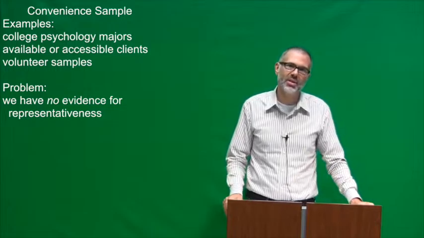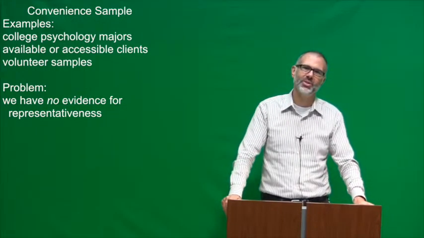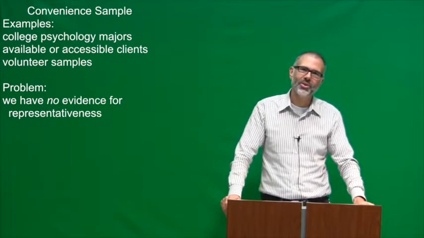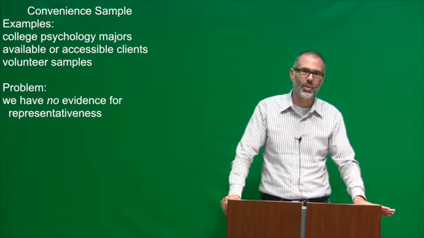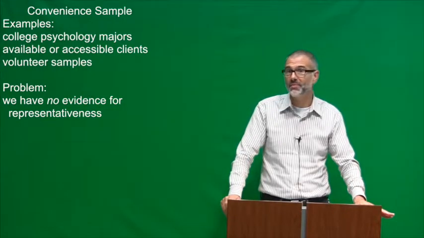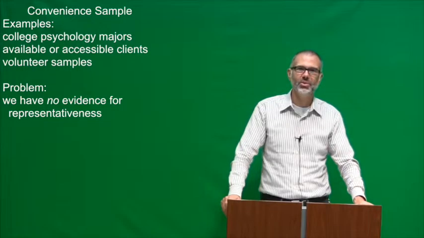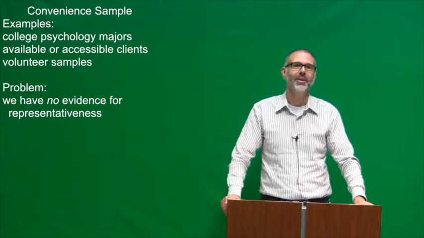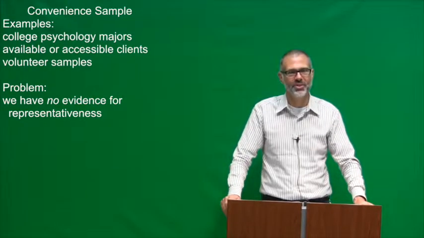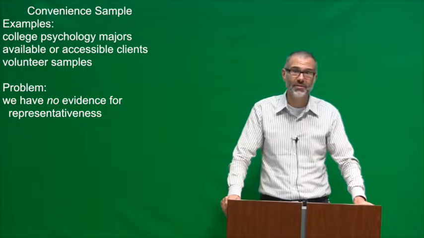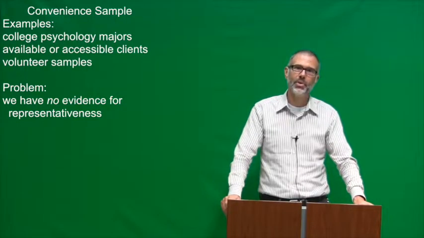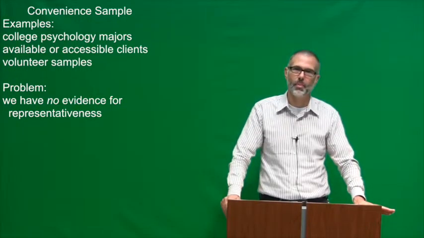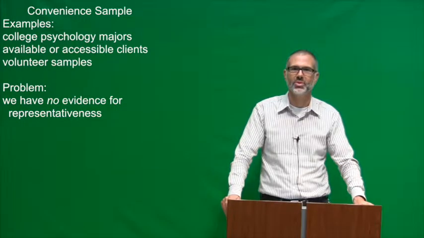And if you look at psychology studies, we know a whole lot about undergraduates in this country and their psychological states. But it's unclear whether relatively privileged, overwhelmingly white, and in psychology classes overwhelmingly female, 18 to 22-year-olds are representative of all human beings. It's possible that those are just a type of person, and that the psychology of other folks is very different. And so that convenience sample introduces a whole bunch of unknown biases in understanding psychological mechanisms of whatever it is the psychologists are interested in studying.